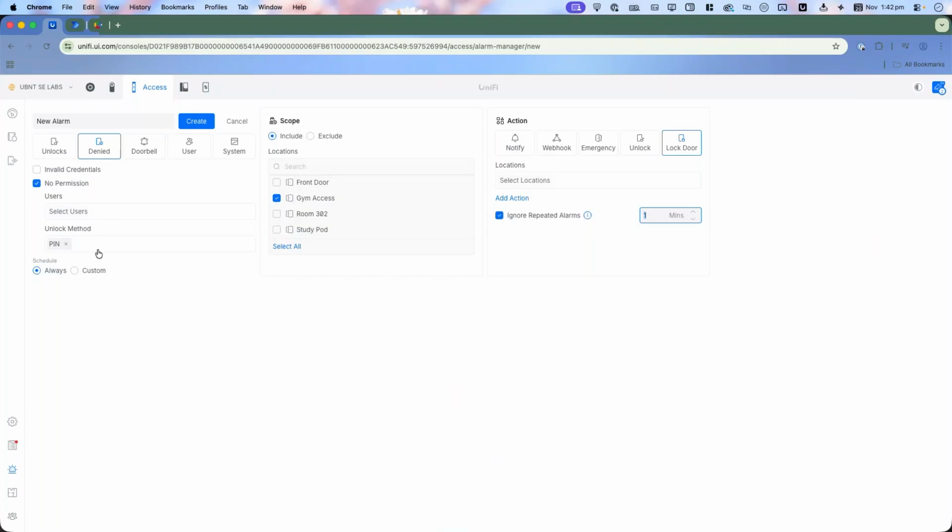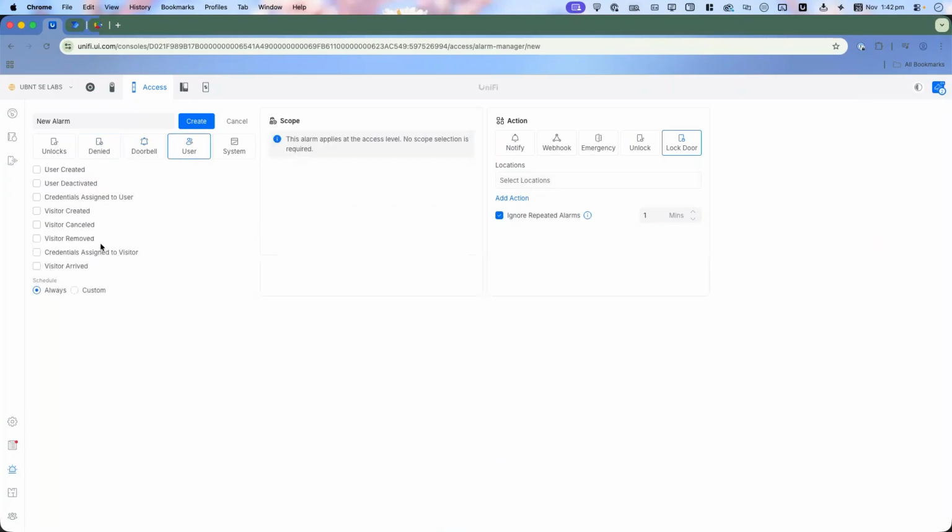So tons of granularity and control around this. For the doorbells, same thing. And again, don't forget your scheduling. One thing that is also important to me is visitor creation, especially now with a new way Ubiquiti is doing identity,